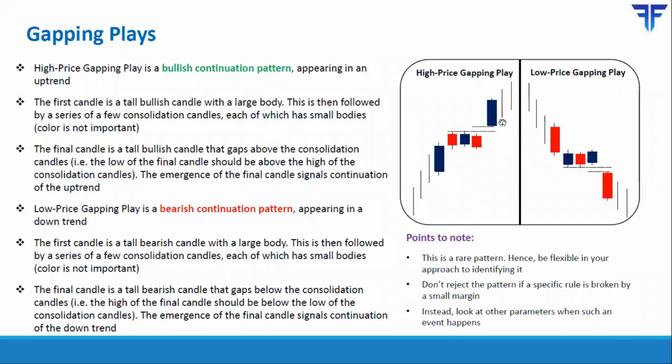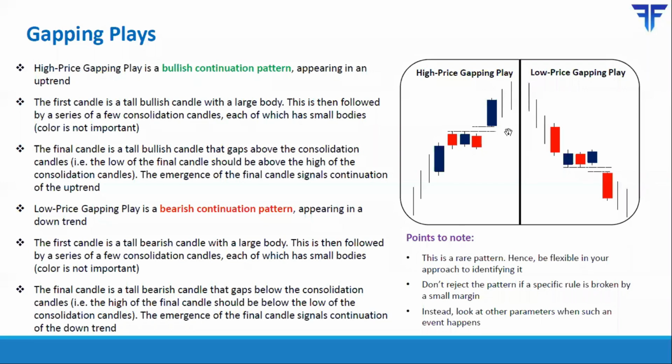Instead, what you do is on one particular day when the stock or the security in question opens with a gap up, you buy at that point. And how do you place your stop? Again, you need to monitor how the price behaves in the next few hours. If the gap that formed between this consolidation candle and this bullish candle gets filled and if price continues going lower, then you exit your trade. But as long as that gap is not filled, you hold on to your long position. And again, for targets, you need to look at other tools.